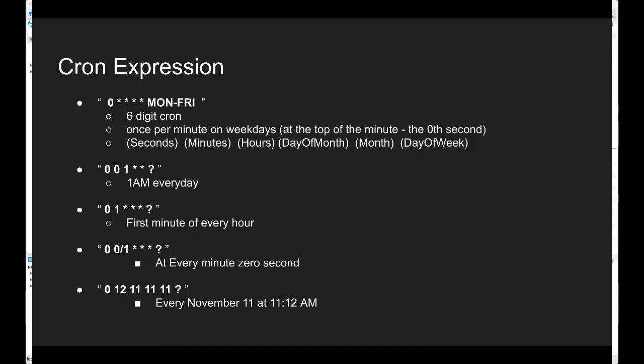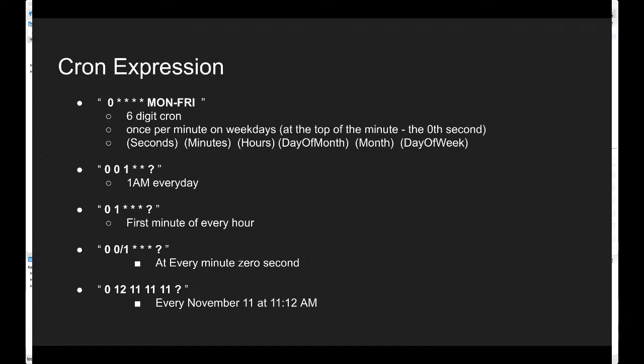Okay, so let's just take an example of this. Before we go ahead, let's first discuss that in Spring Scheduler the cron will be of 6 digits. So let's see, we can see this first cron here, 0 star star star star Monday to Friday. So 1 2 3 4 5, and this would be considered a single one, so 6. There are total 6 digits in a cron. Now every digit indicates a time unit.